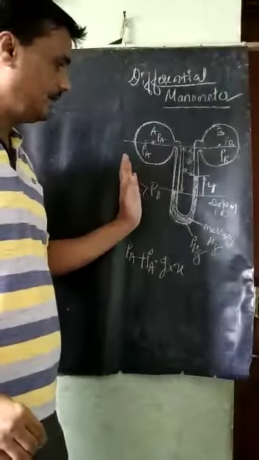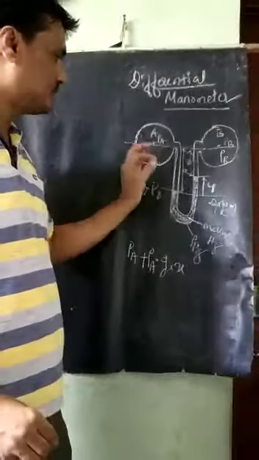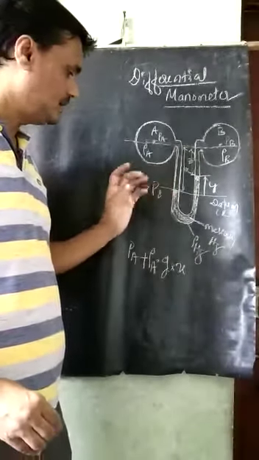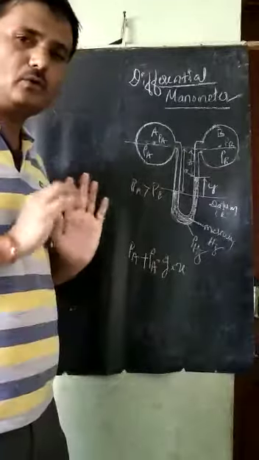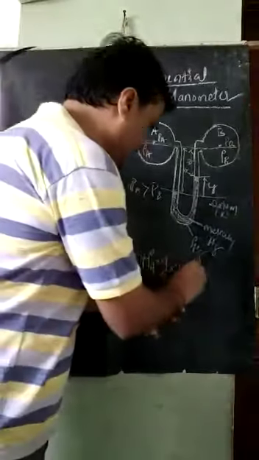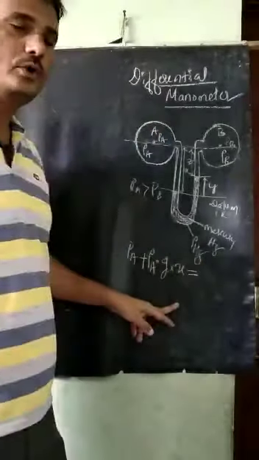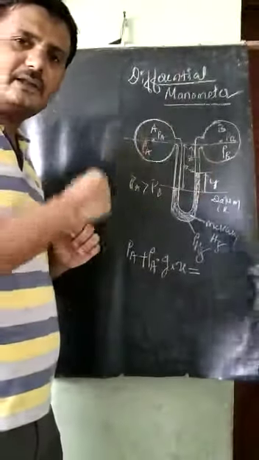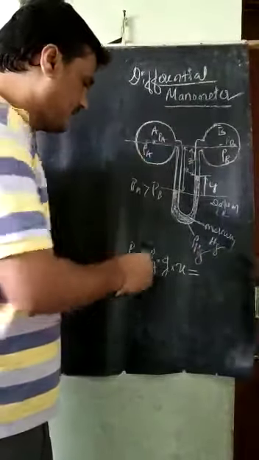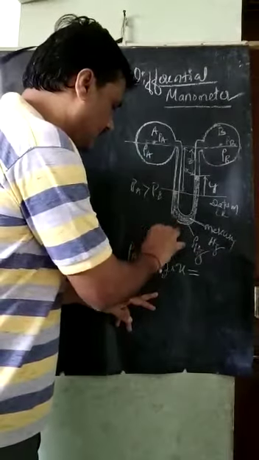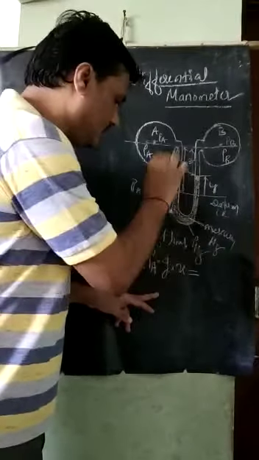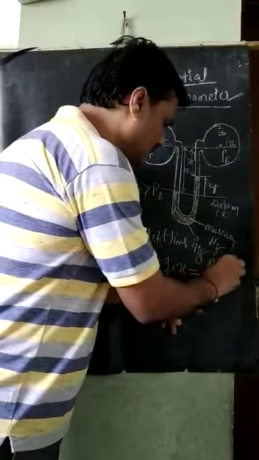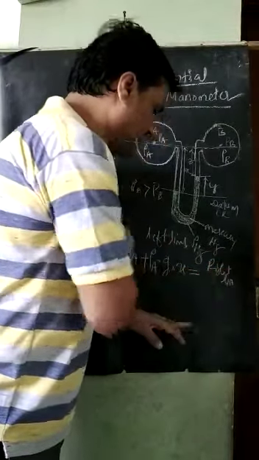So in the left limb, there are two pressures. One is PA and the other is the pressure by this pipe fluid on this level. Those two have been written. Next, this is equal to what we will come to on the right side. The left side is written already, the left limb. So for the right limb, I will write it here.